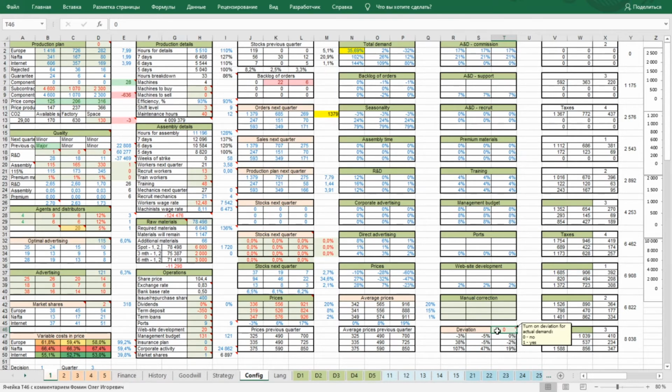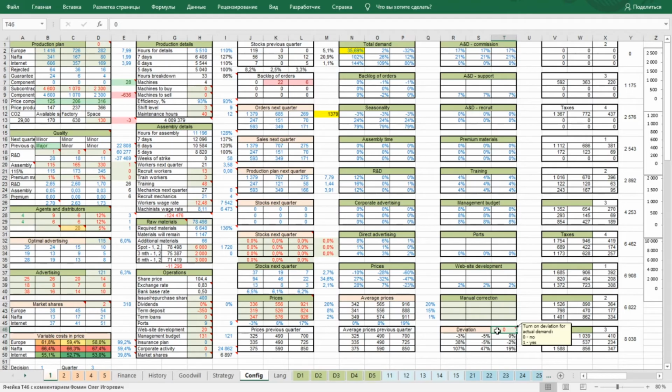If we put 0, then demand is calculated based on the model's own forecast for the current decision and previous management reports. We always use 0 when preparing a decision.